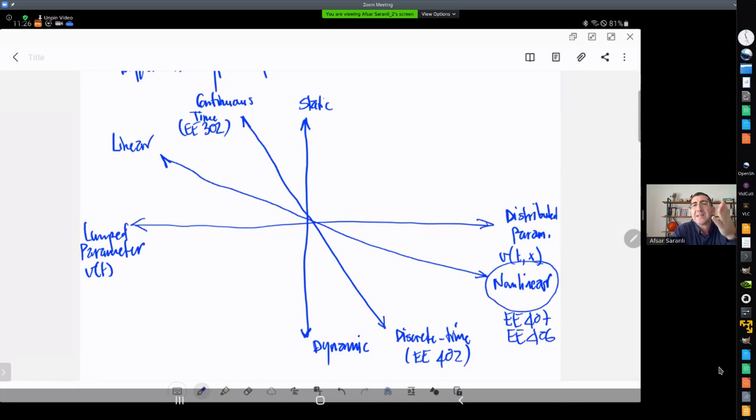That means A times Y1 plus B times Y2. That's the superposition property. In linear systems, superposition holds, and this is what we have seen